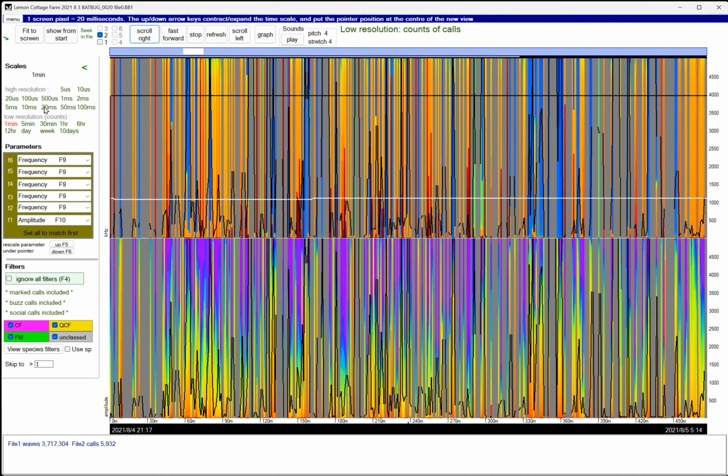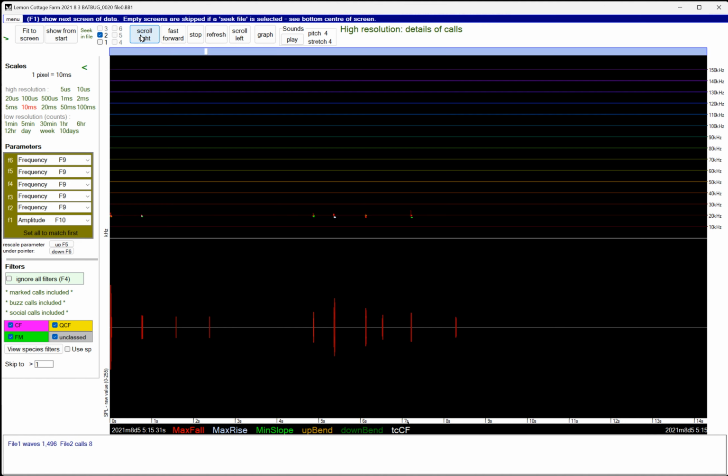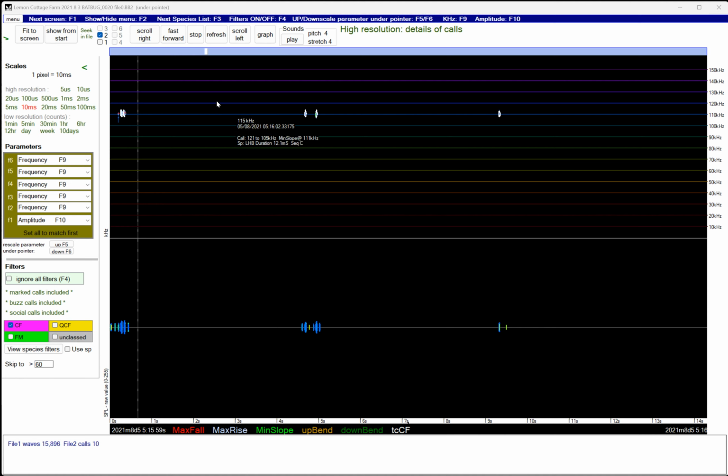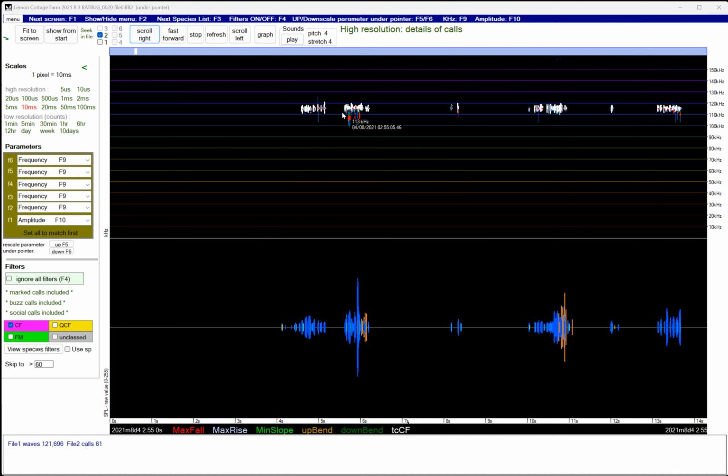So let's just try zooming in here. If we take a 10 millisecond per pixel display, and we go for, say, showing at least 60 calls in a screen, and we'll start off with constant frequency bats. So show from start, scroll right. So these are lesser horseshoes,